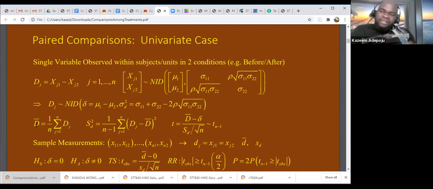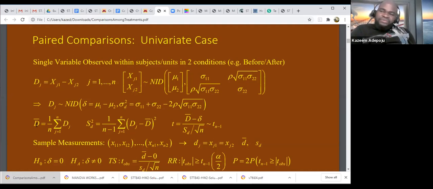And a way to compare, mathematically, is to subtract, just like subtracting my weight before dieting